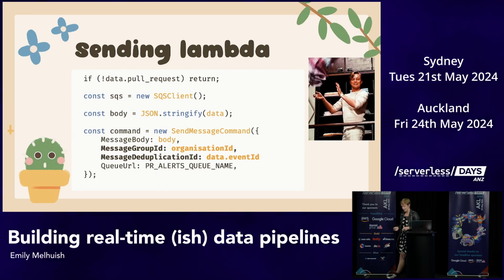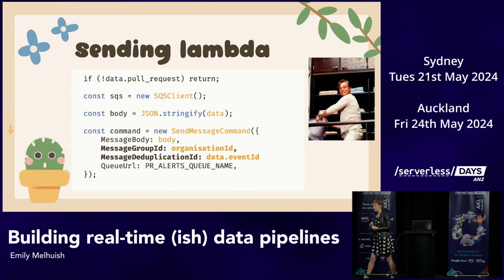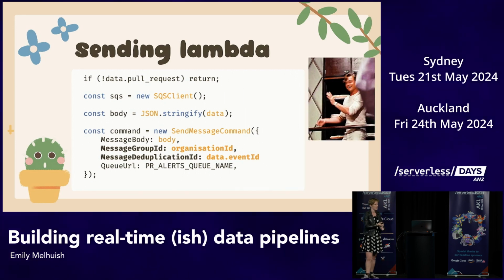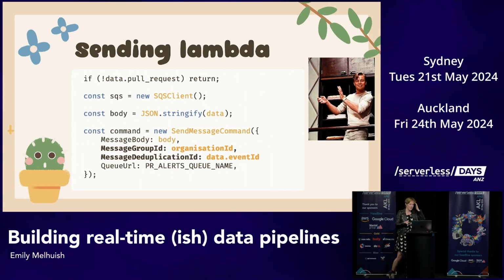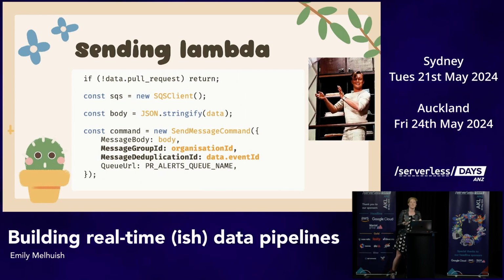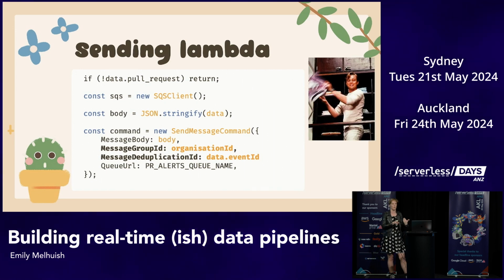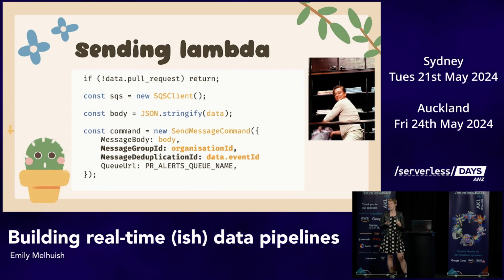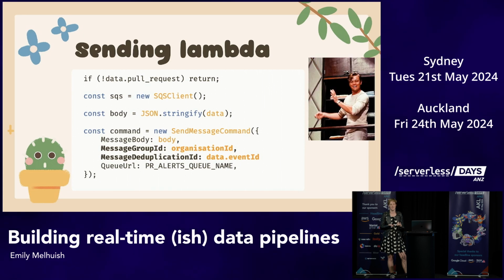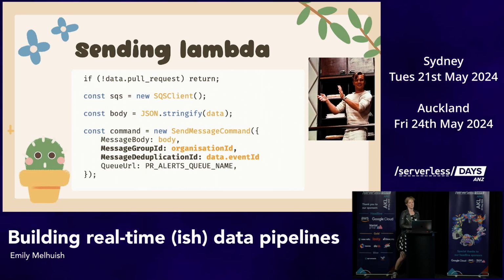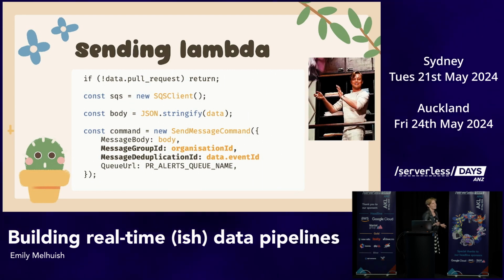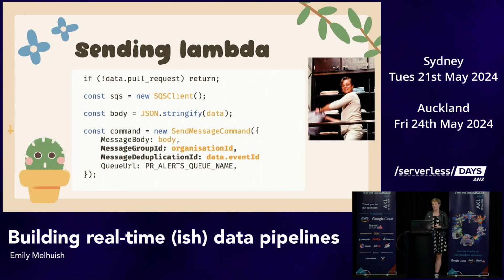The deduplication ID is also important. With FIFO, you can't do content-based deduplication. You have to do it by the message group ID. So with this one, GitHub provides us an event ID that is unique based on the pull request event that is sent. So it makes sense to use that. So if GitHub for some reason sent us the same event twice, the FIFO queue would handle the deduplication of that. But also, it wouldn't really matter too much. We'd just be processing an extra event.